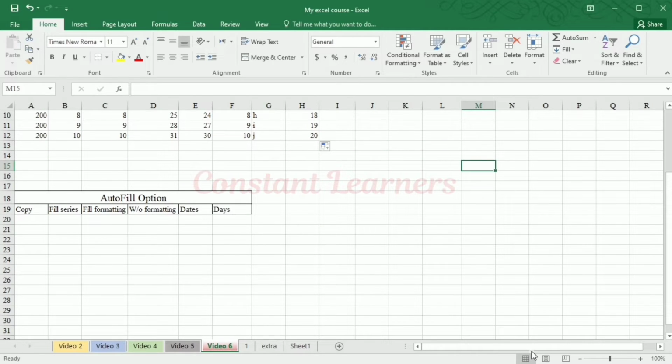Let's say I want to create a series here, 1, 2, okay, and now if I select this and double click, see I'm double clicking, but this does not work. Why doesn't it work? Because there's no data in the adjacent columns, right? Now if I add some data here in the adjacent columns,